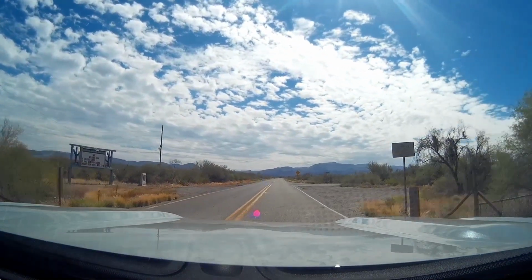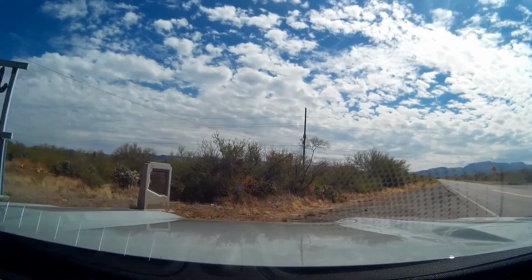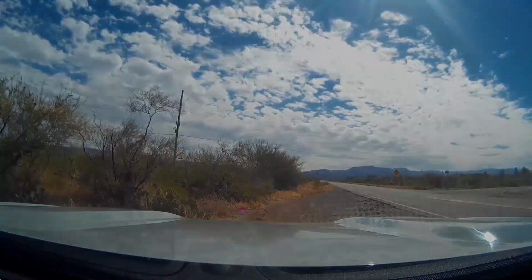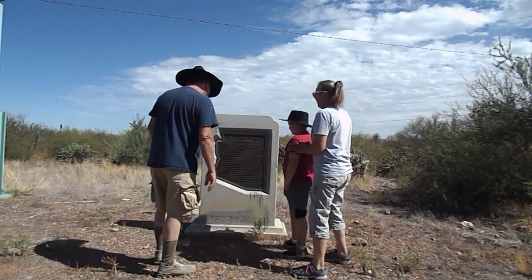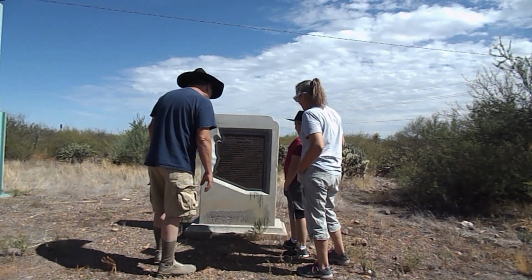On the left side of the road, there is an historical marker. This marker is hidden from the main highway. This marker tells us about Old Fort Grant, formerly Fort Breckenridge. Fort Breckenridge, also called Old Camp Grant, in Arizona, was the second military post to be established after the Gadsden